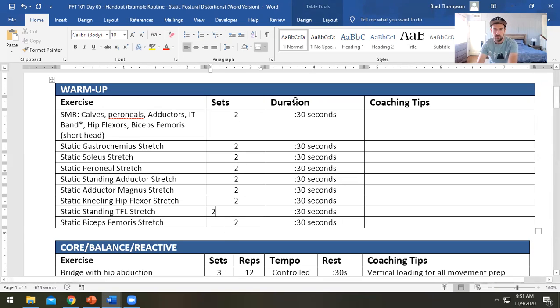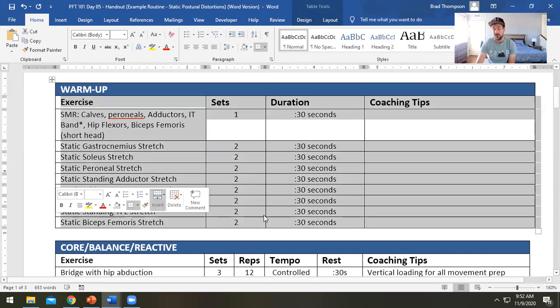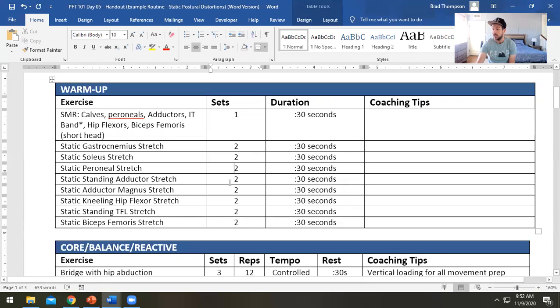Right. So you're saying set-wise, would it depend how the client feels, or what do you recommend? It depends on what your job is for the day. If you're doing a full-on session, this is the world's longest warm-up. This is going to be 20 minutes right here. So you probably won't have enough time for that in a regular session. But if you were to give it to your client as homework,